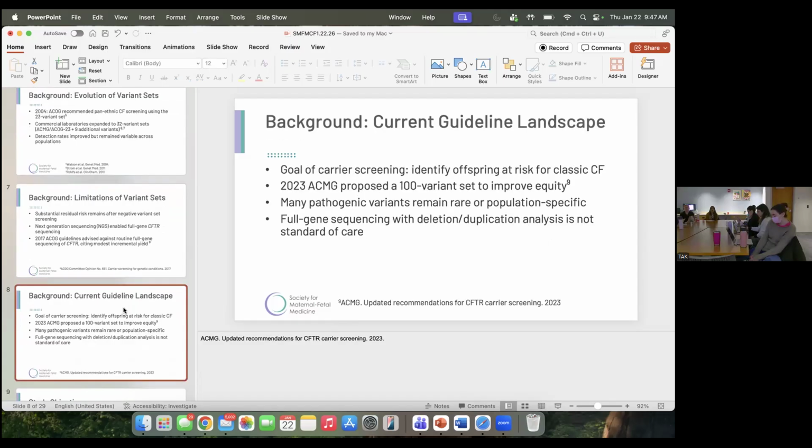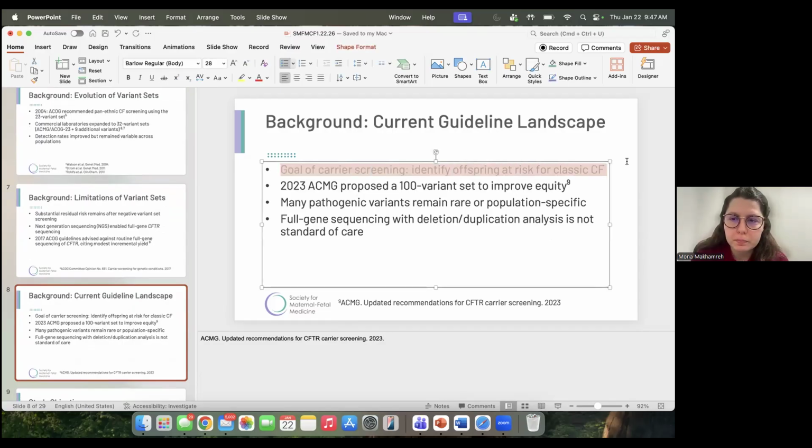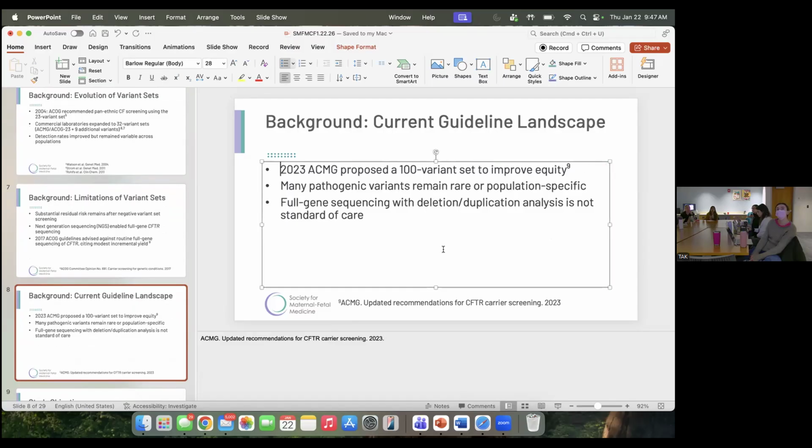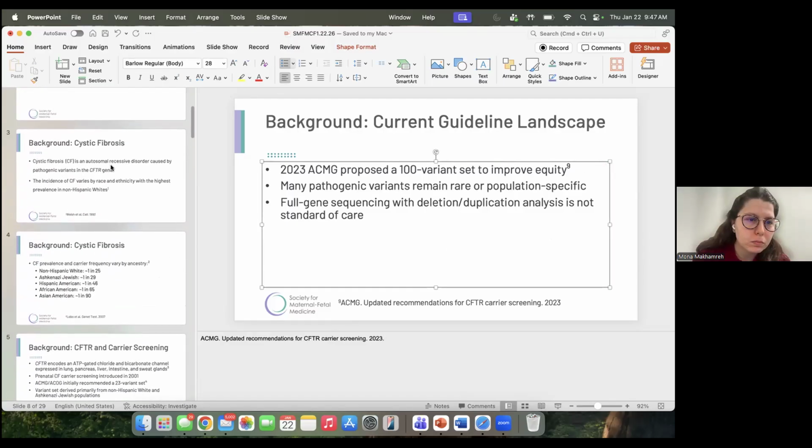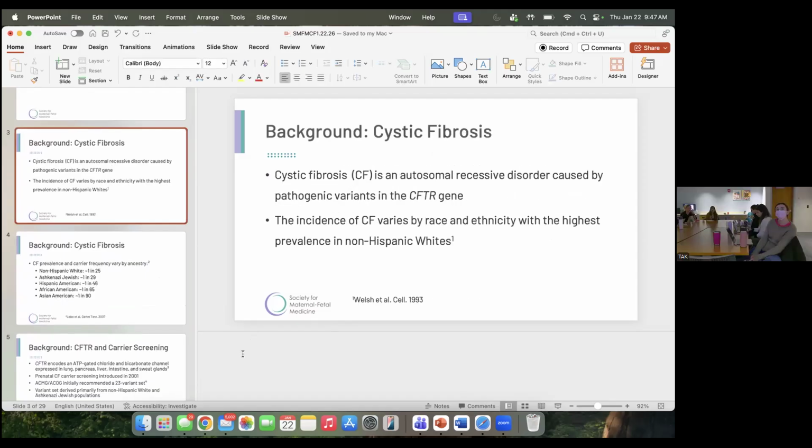The only thing I had about this is the goal of carrier screening. I feel like if you're going to say that, it should be earlier. Yeah, in the talk overall, at the very beginning. Yes. And I know we all know this, but it might also be helpful early in the beginning to